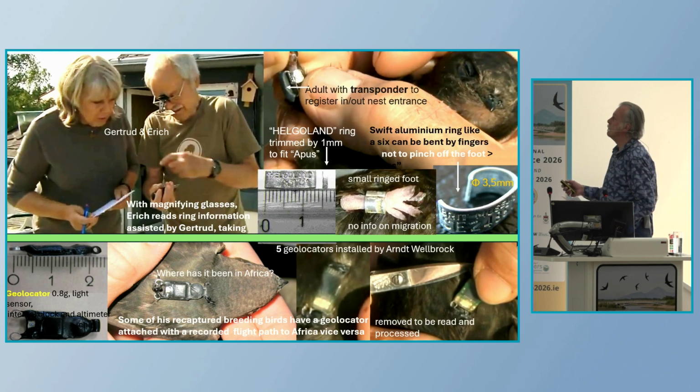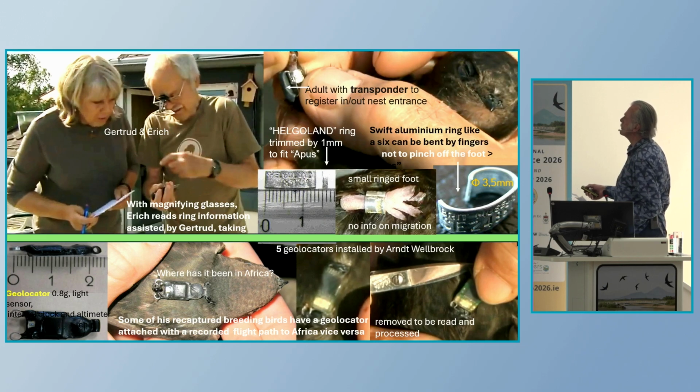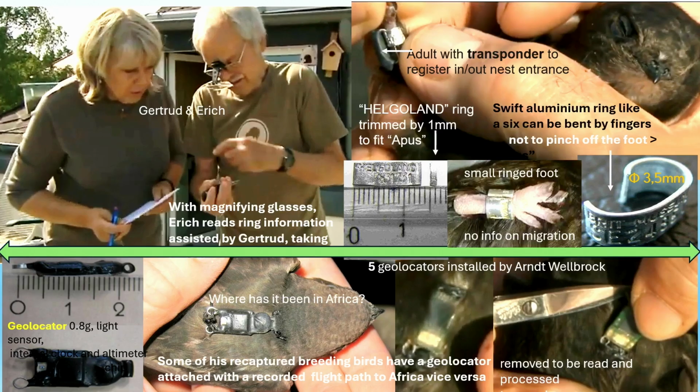The above part is ringing on its small leg, and that's Erich with magnifying glasses to study the rings, and his wife Gertrude helping him, and even had a transponder on the ring to count the times the swift entered